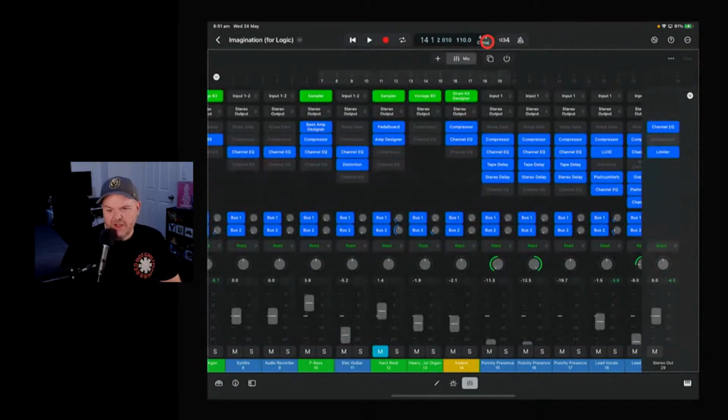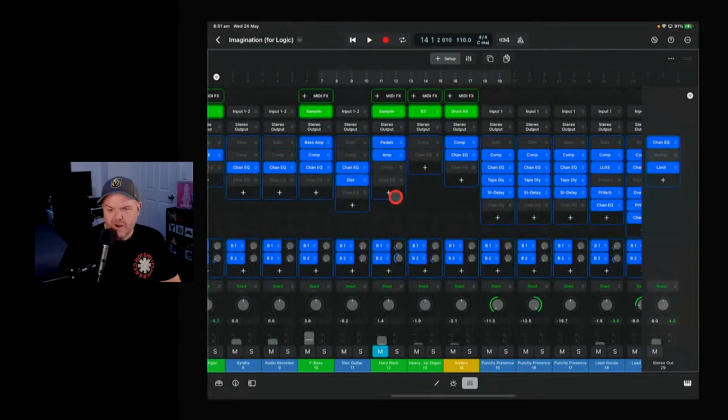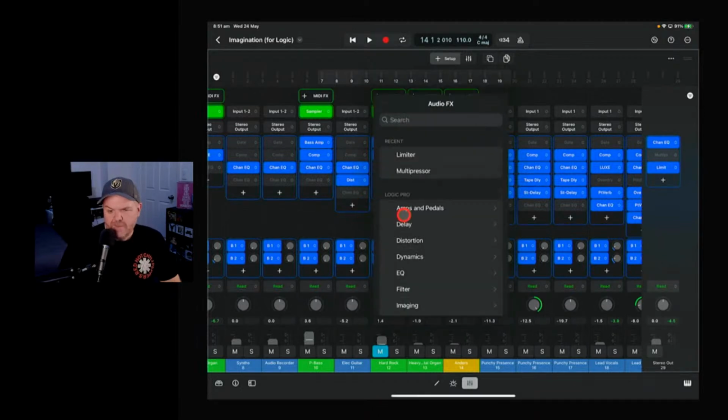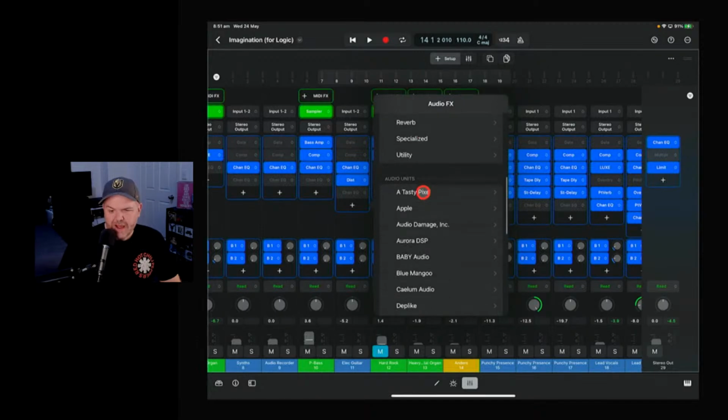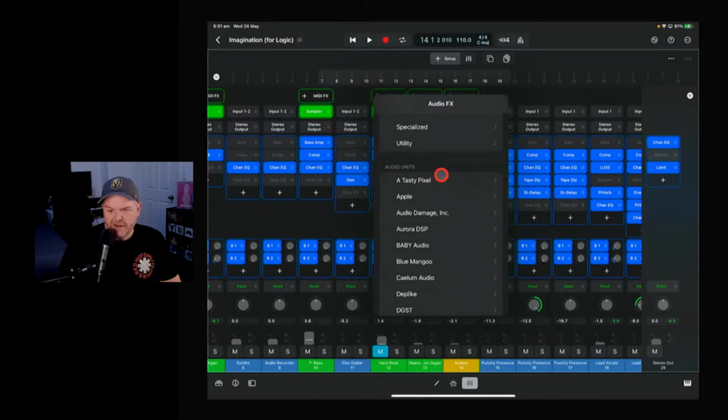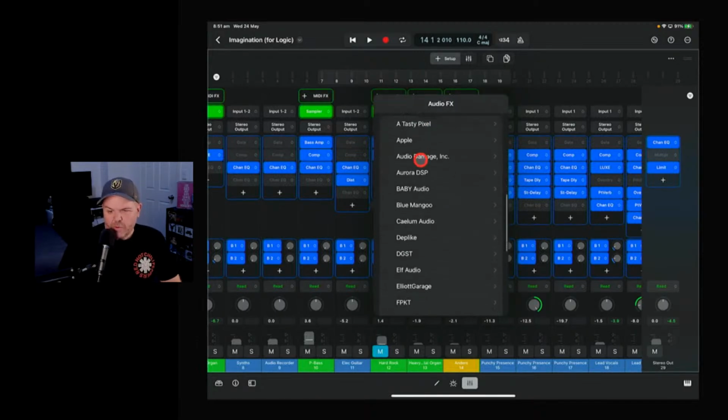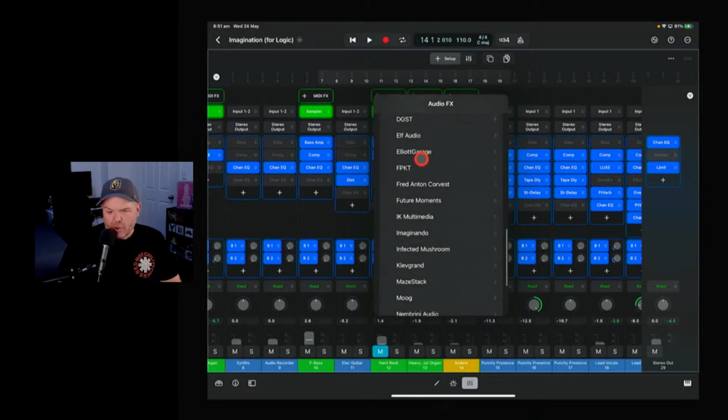The other thing I'll tell you about the mixer is that you've got the setup mode here. So if you're wondering how do I add or change plugins or change the order, you go into your setup mode and then you can actually change things around. You want to change the order, you just drag your plugins around. You want to add a new plugin, you just tap there and you've got access to your recent plugins that you've used, all of the stock default Logic Pro plugins, of which there are a heap. And we can go through any of those in detail that you want me to look at later. And then we've got all of the audio unit plugins that I've downloaded as well. So all of your AUv3s.